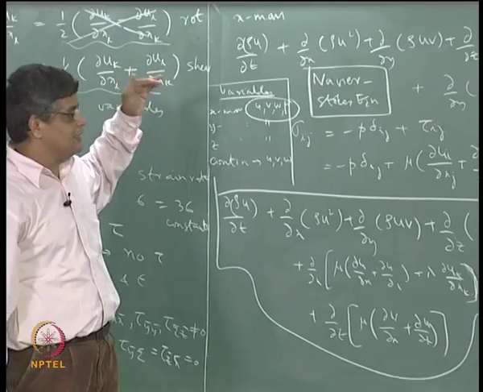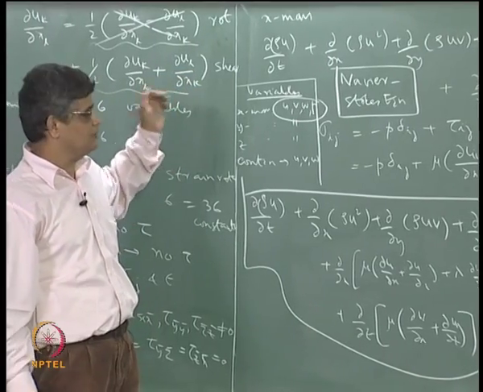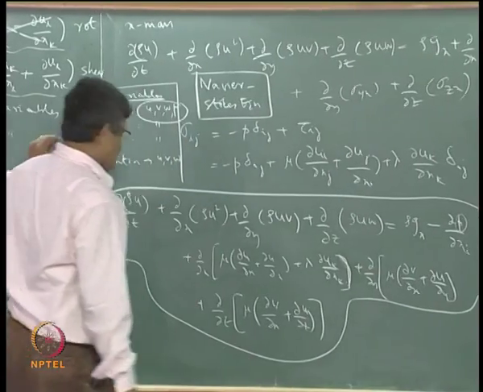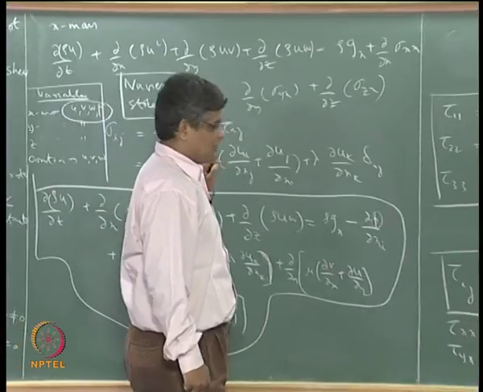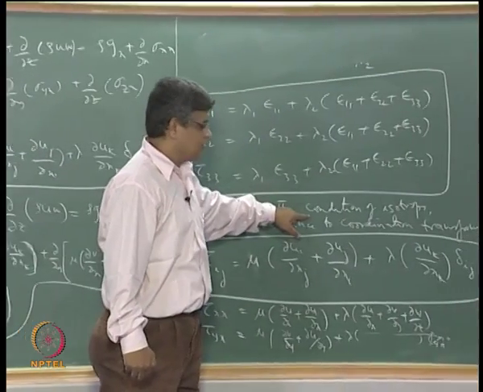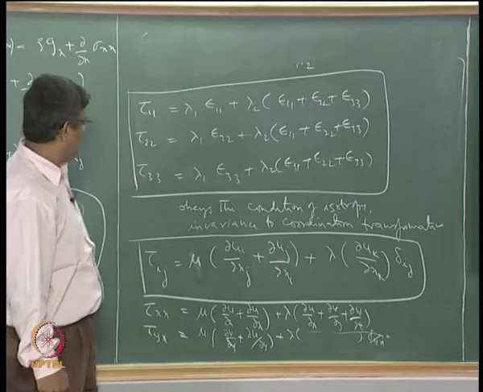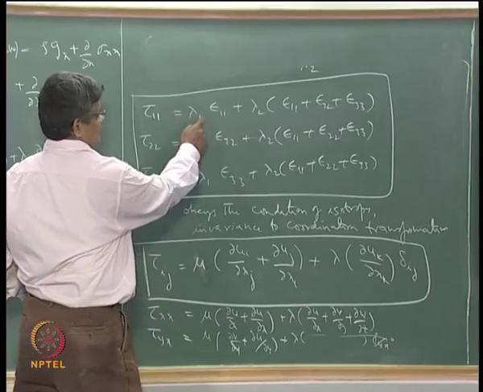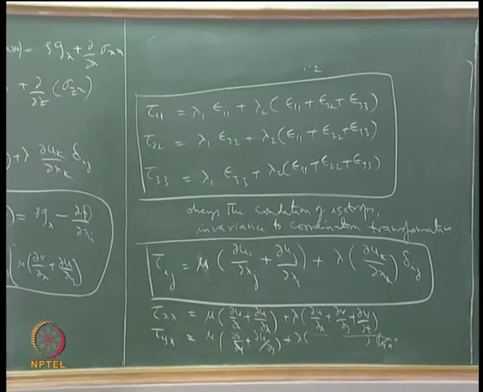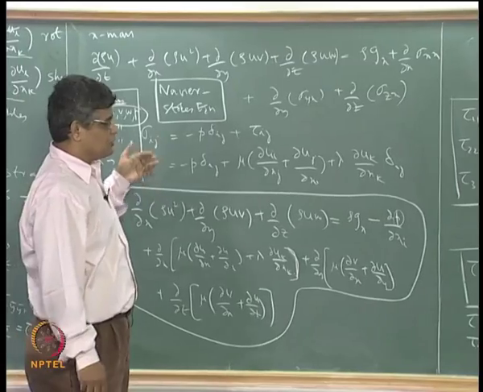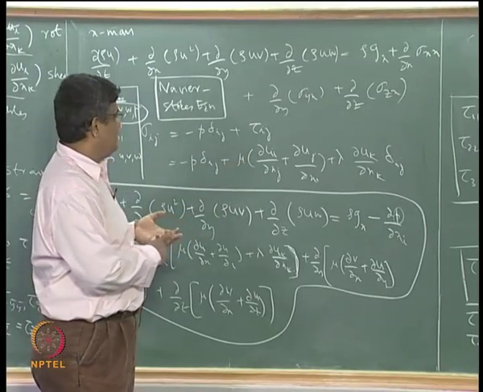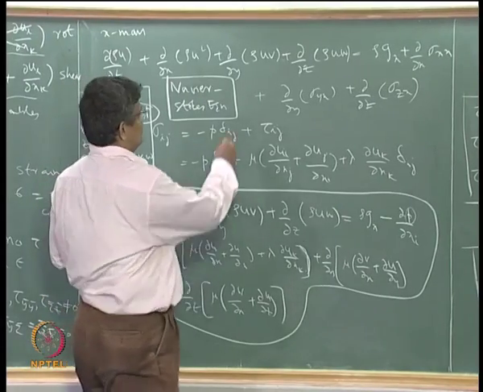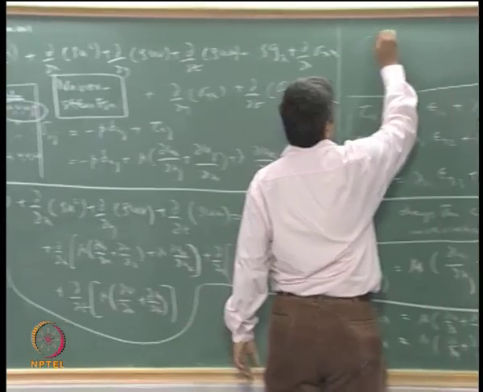These are the equations which govern the fluid flow, which determine the fluid flow, but only subject to the condition that rotational strain does not give rise to stress, and that the fluid that we are considering is isotropic, and that the relation between stress and strain rate is linear involving certain constants. And that kind of fluid which obeys these conditions of isotropy and linearity between stress and shear rate is called a Newtonian fluid. So, a Newtonian fluid